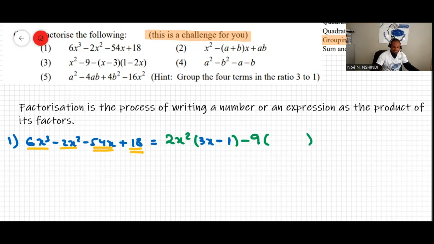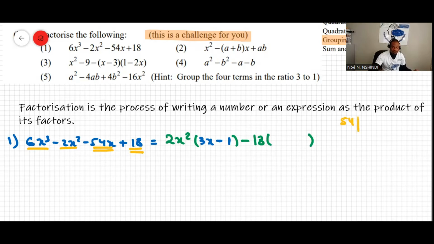I said 9, no, 9 is not even the highest common factor. It's 18, the highest common factor here. Not even 9, it's 18 the highest common factor. If you don't know how I find this 18, you can